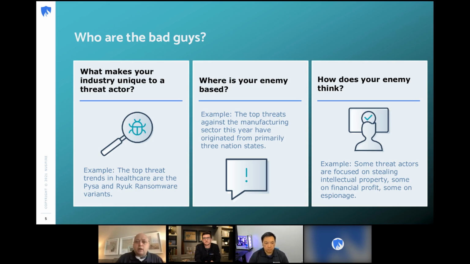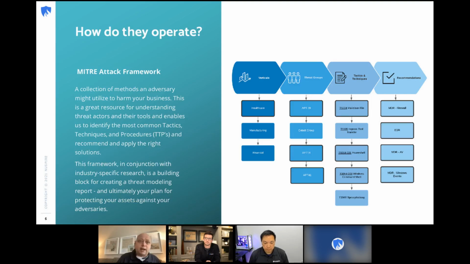As we've seen in healthcare, the bad guys are really keenly interested in using ransomware to extort money out of the victim organization. And of course, that's the general MO of ransomware anyway. But if you look at some of the other compromises that are out there, deep intrusions into aerospace manufacturing designed to steal intellectual property and designs of critical defense information. Understanding how the enemy thinks is really key to that step one, right? Who are the bad guys, and then finally, how do they operate?